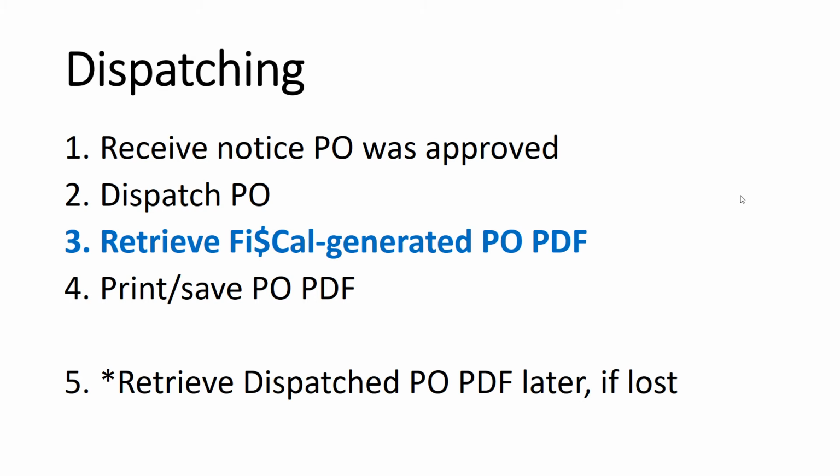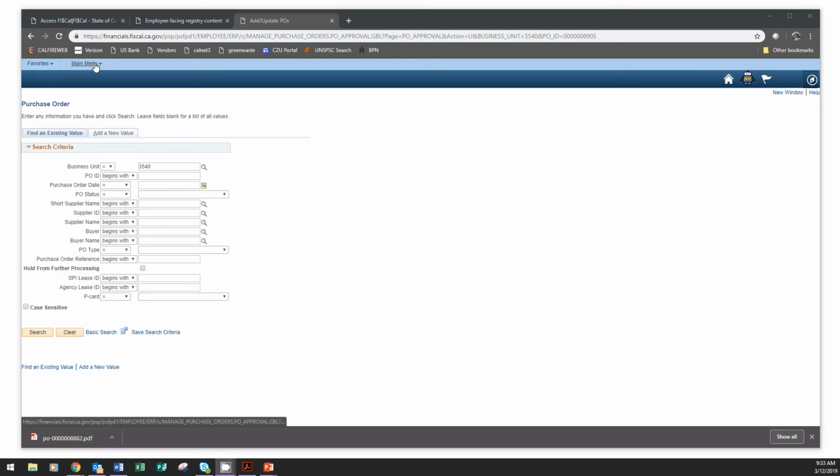There is what I consider an optional step in here. If you want to keep tabs on the progress of your purchase order PDF creation, perhaps if you're making many of them, you can go back and look at your purchase order itself to see if the status has changed from approved to dispatched, or you can go to Main Menu,